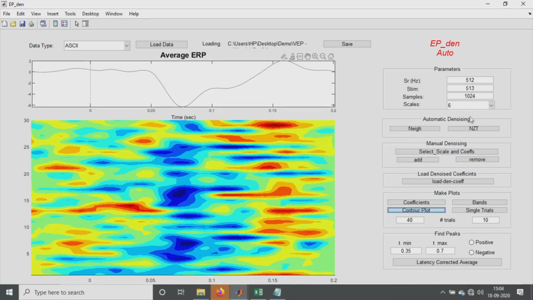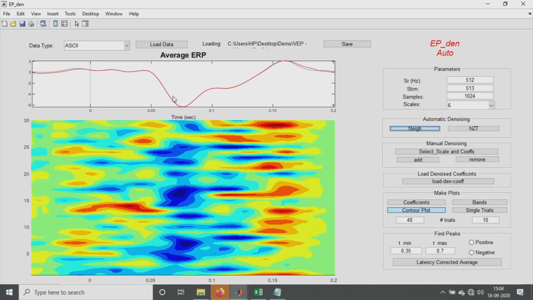Now these are the automatic denoising options, the neighboring as well as the NZT. These are the two advanced denoising algorithms which are mentioned in detail in the Quiroga paper. When we do this, it is almost completely overlapping over the system.